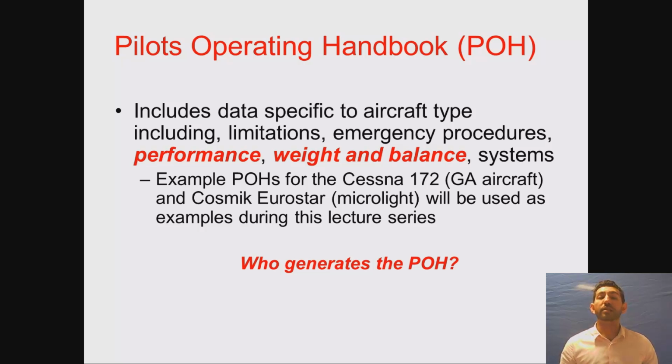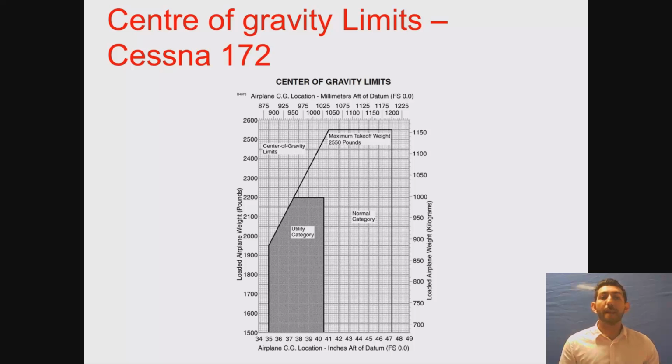As a pilot, you'll be used to using a POH all the time, but you have to have a think about who ends up generating the values in the POH. I'll leave that to you to think about. So from the Cessna 172 POH, you have what they call a weight and balance graph. A couple of things to keep in mind: that box defines the operating parameters of this particular aircraft. Now, if it says that the maximum takeoff weight is 2,550 pounds, it means that by exceeding this value,